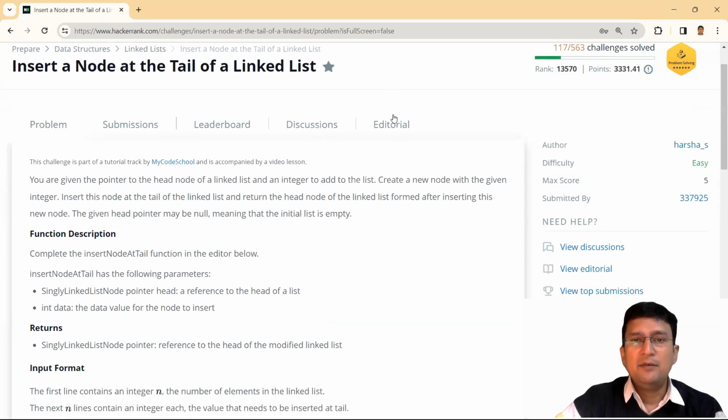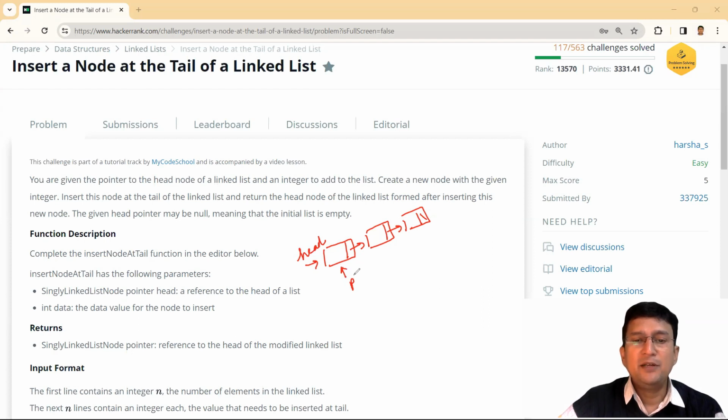For example, if I am taking a linked list like this, let's say this linked list contains 3 nodes and you have to insert a node towards the end of the linked list. Let's say the head is the address of the first node. Then for inserting the node, you will have to traverse and reach the last node. So let's say P is the temporary pointer through which I am reaching the last node. P points to the first node initially.